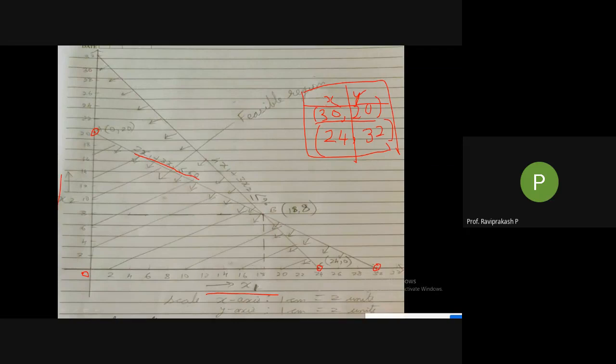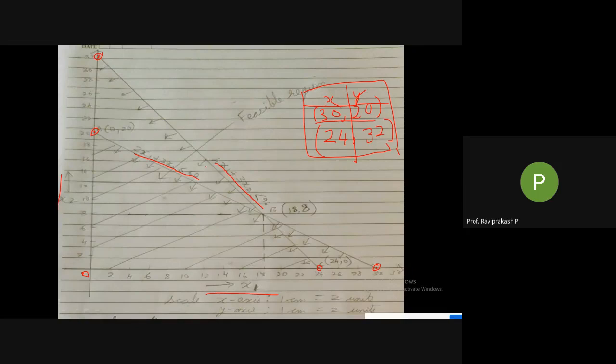So here it is 24, 32. So 24 is marked. Where is 32? 32 is here on top. So draw this particular line again, a straight line, and write the equation. For which equation did we get this line? We got this line for 4x1 plus 3x2 less than or equal to 96. So for this equation, I am getting this line.